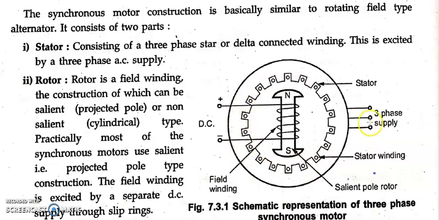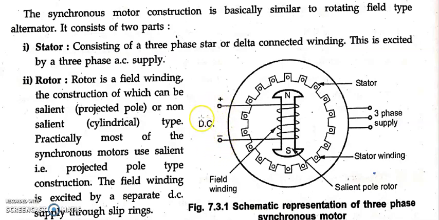Okay, please do remember the three-phase supply is given to the stator, not to the rotor. And you can see that for this rotor, a simple rotor which has two poles, one is north, the other one is south. And one new change we have made in the rotor part is that there are windings in the rotor, and to that winding I'm going to give DC supply. This is the major difference between your three-phase induction motor and the synchronous motor.